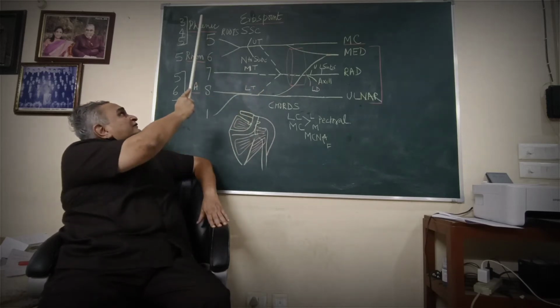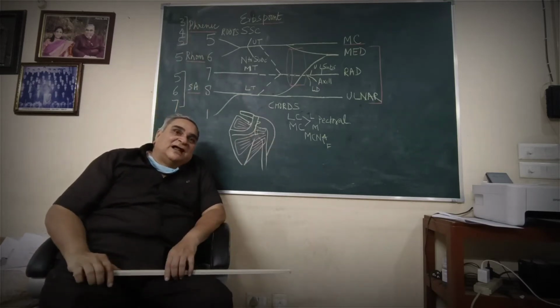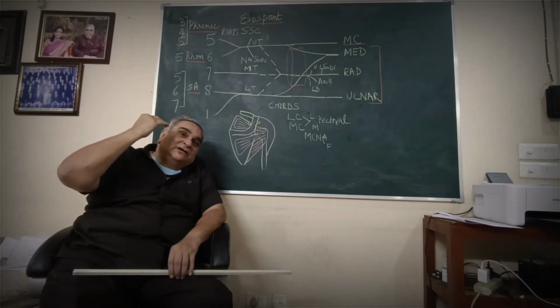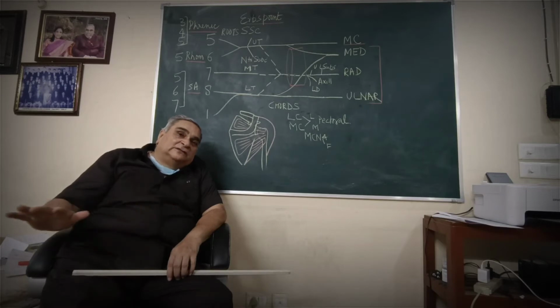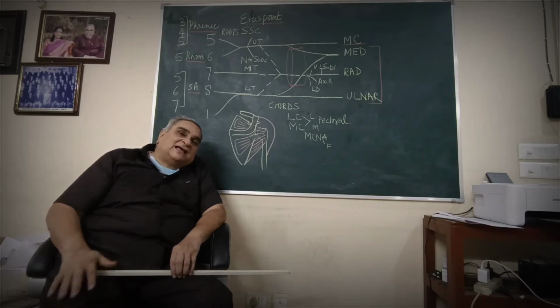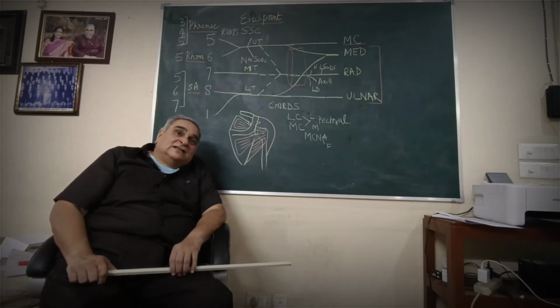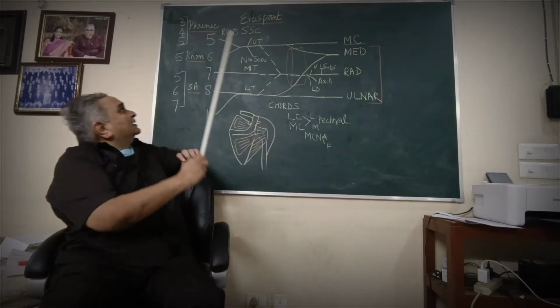these nerves. For example, if the phrenic nerve is paralyzed in injuries of the cervical spine above C3 level, and all intercostals are paralyzed, and if both phrenic nerves are paralyzed, then the patient doesn't come to you in the hospital alive. Therefore, you don't see cervical spine injuries above C3 level. Then,